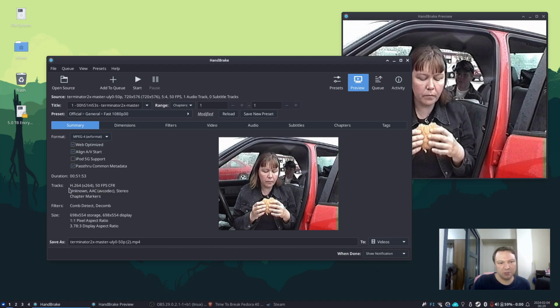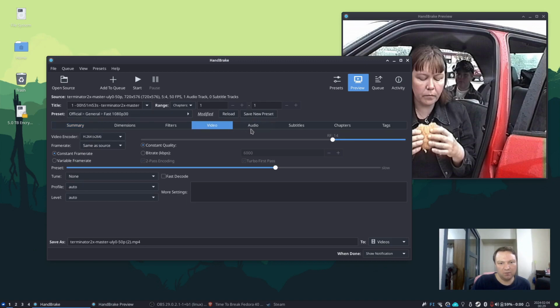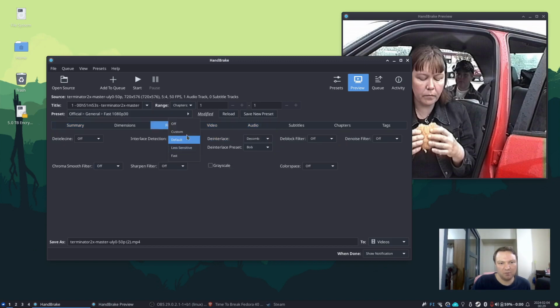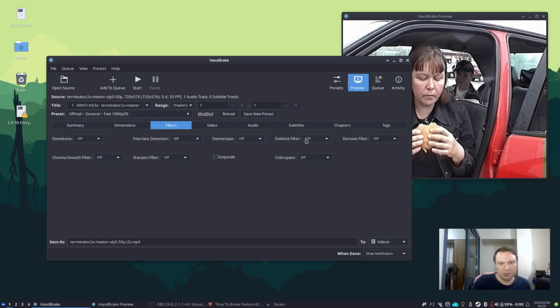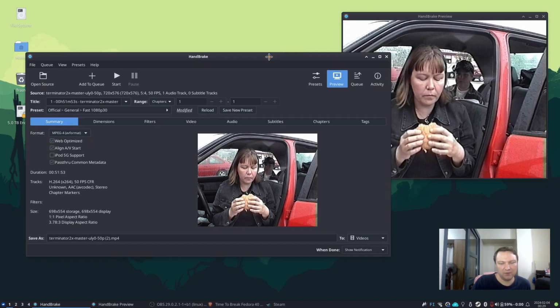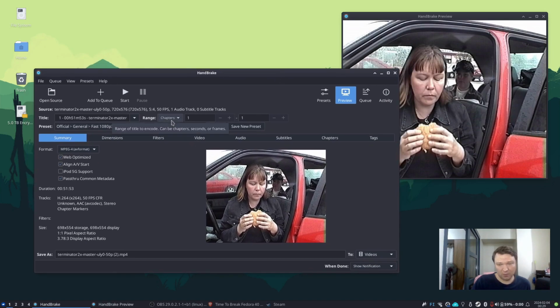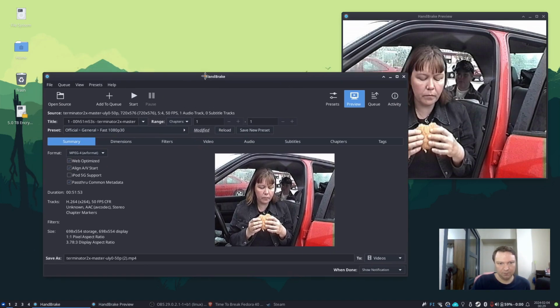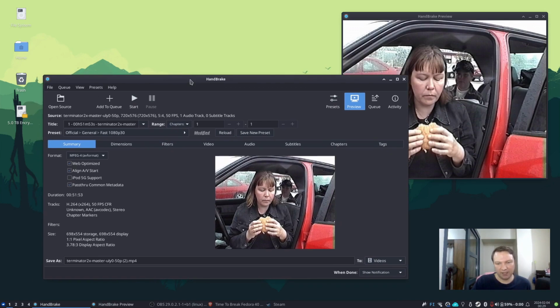H.264 and 50 frames per second, that's correct. Stereo. Well, we're not gonna decomb that, so I'm gonna put it off because it's already de-interlaced. So pretty simple, just kind of downgrading the quality, but probably won't see any difference in the achieved quality in the final file. All right, so then you would press start,